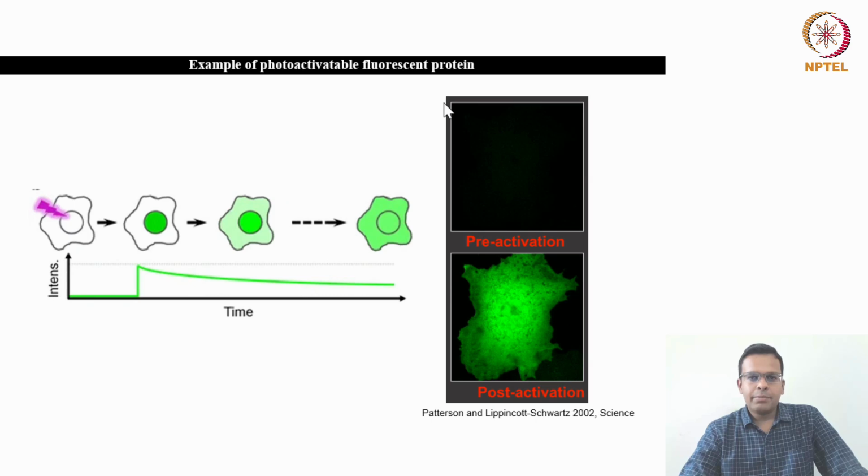Here you can see an example of a photoactivatable fluorescent protein. See, initially in the cell there is no fluorescence, but then using the blue or the UV light, we can induce the fluorescence, let's say in the nucleus. Only the fluorescent protein which is present in the nucleus turns on and gives green fluorescence. And then you can image this cell for a longer time to see whether this protein is localized only in the nucleus or it comes out from the nucleus as well. If this protein is dynamic, if it is coming out from the nucleus, you will gradually see this green fluorescence in the entire cytoplasm also.